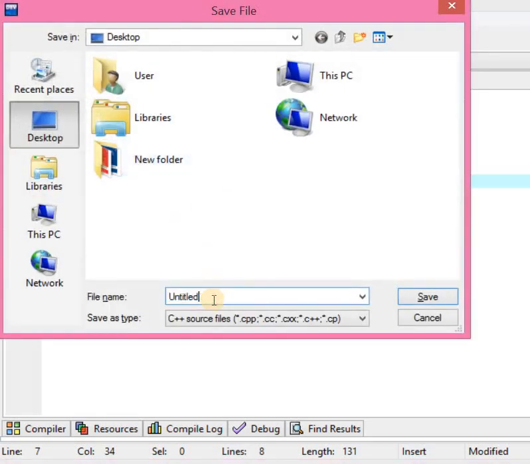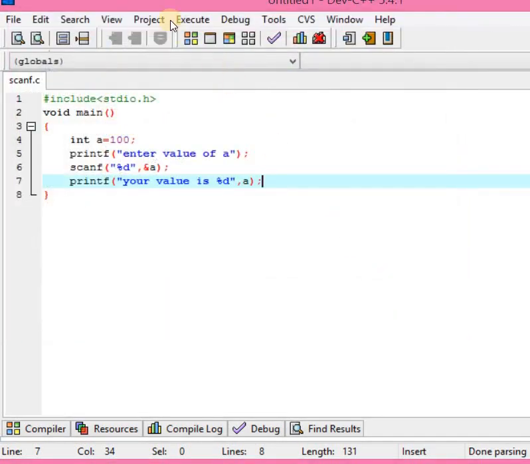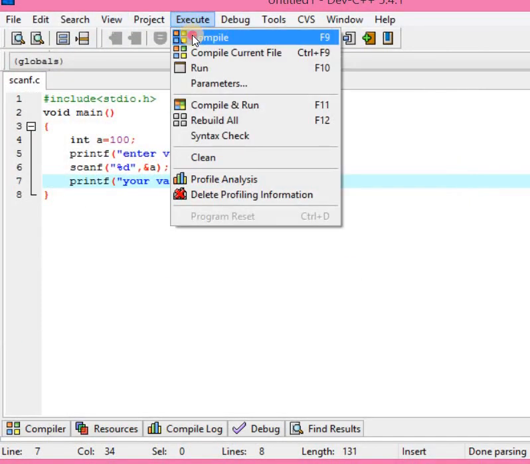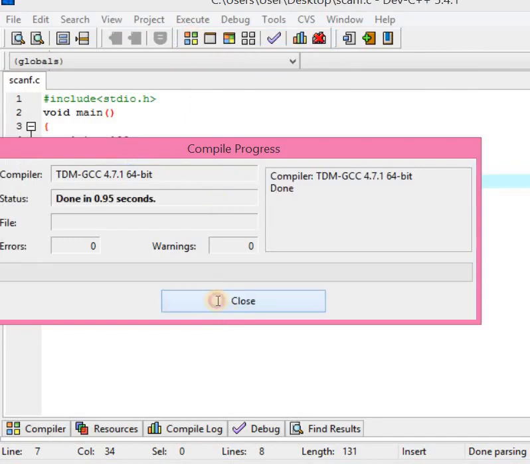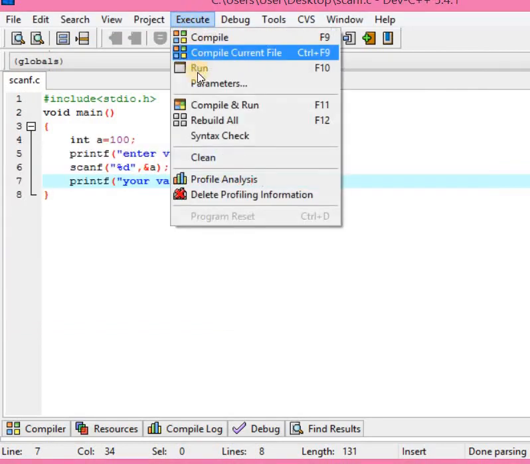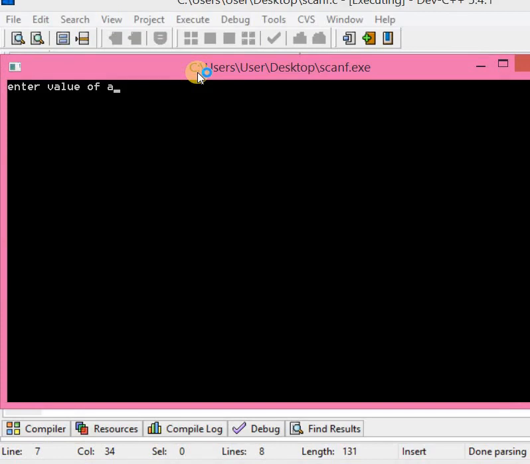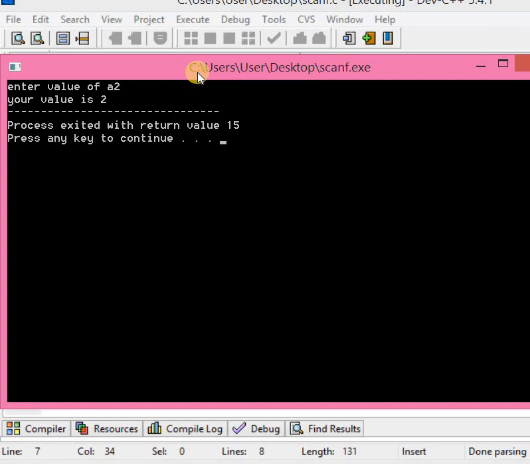Desktop, scanf.c, extension is .c. Compile, there is no error. After that run the program. Enter the value of a, 2. Your value is 2.